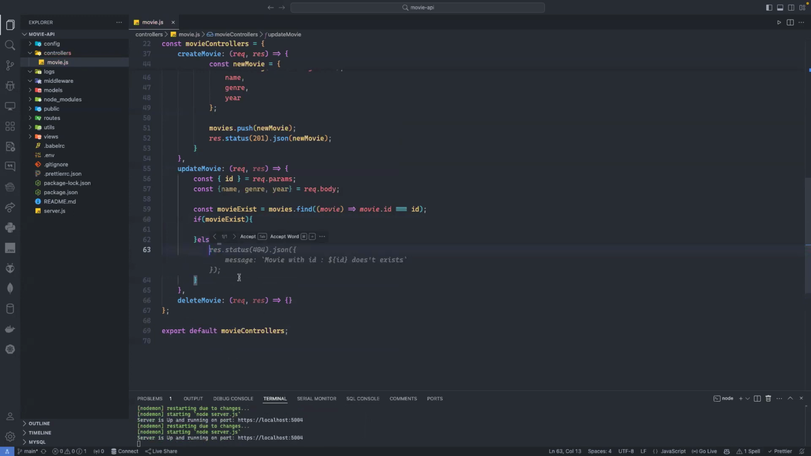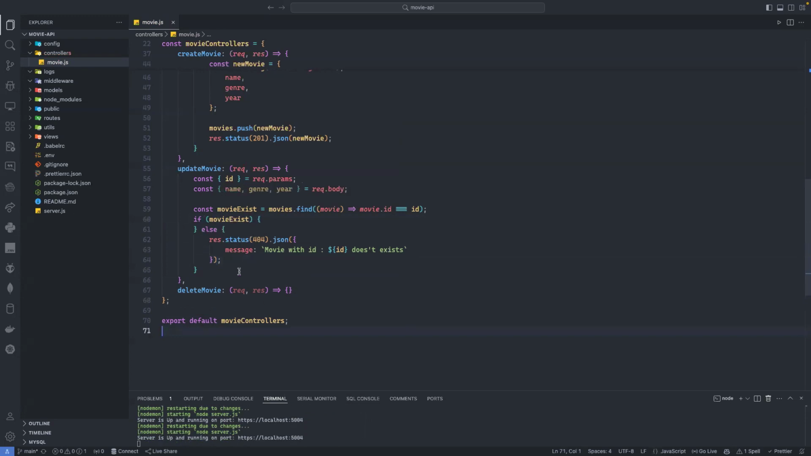Of course, if the movie does not exist, I can directly handle this one. I can send status 404, and I say movie with this specific ID does not exist. That should be simple. We can handle it directly. Just say res.status 404, that means it does not exist, and I'm sending a message: movie with this ID does not exist. But if the movie exists, what should I do? If the movie exists, you should update the name. Before that, I need to make sure that the user sends me